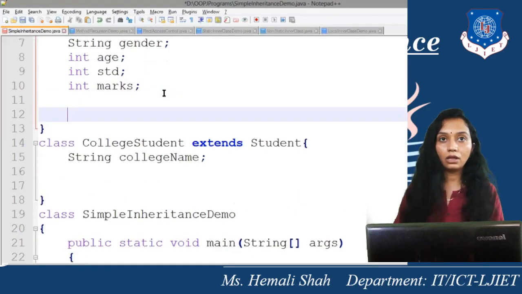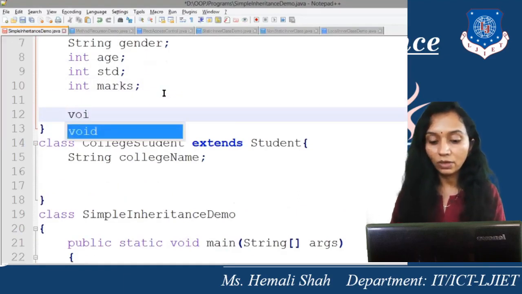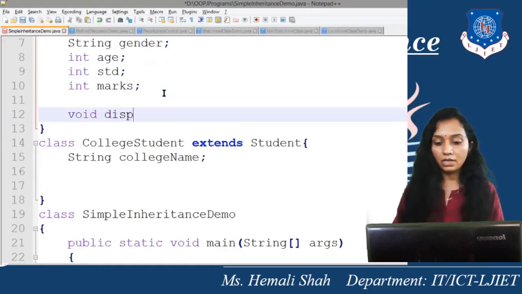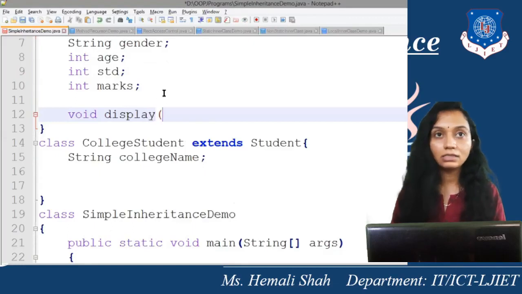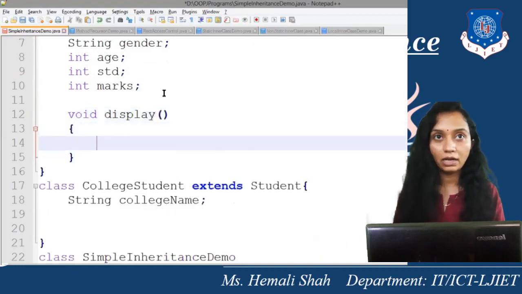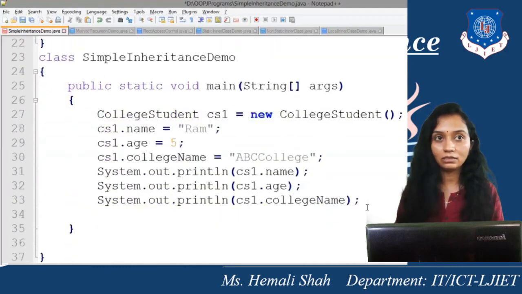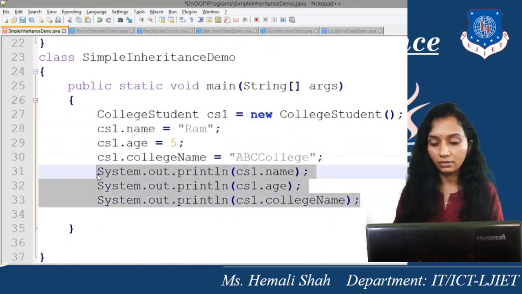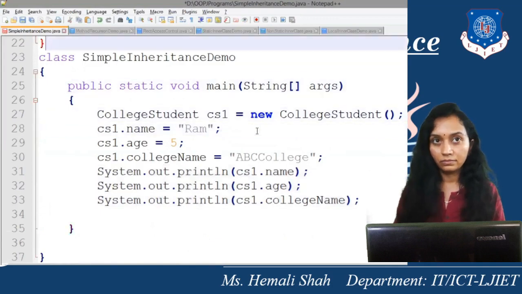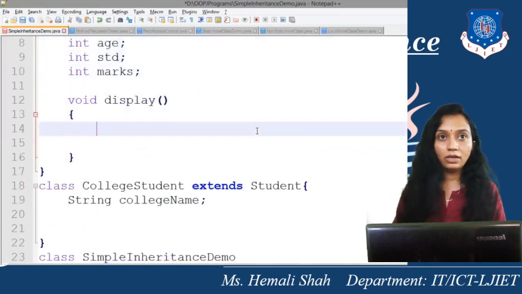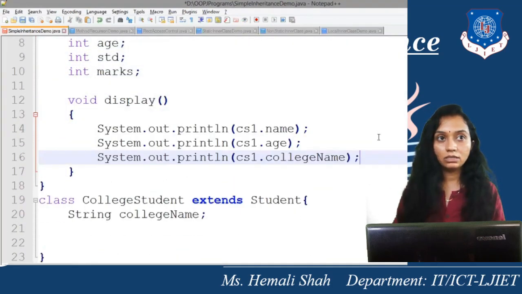Now I want one display function in a superclass. Say, for example, this display function is available in the superclass, and it displays the name and all these things. I'm just copying this code from here. This college name you cannot print because it is a property of the child class, but you can print all the things available in the superclass.